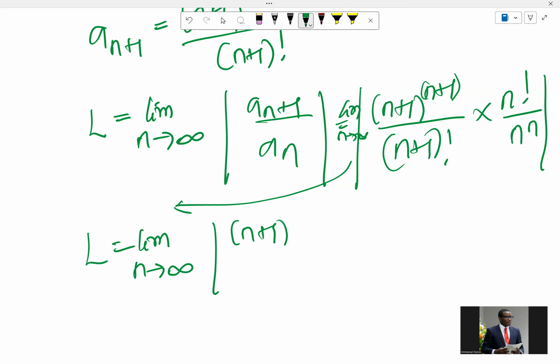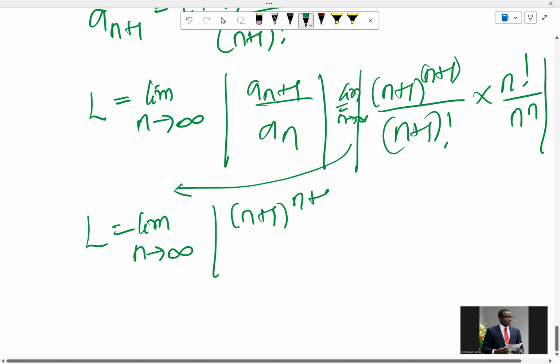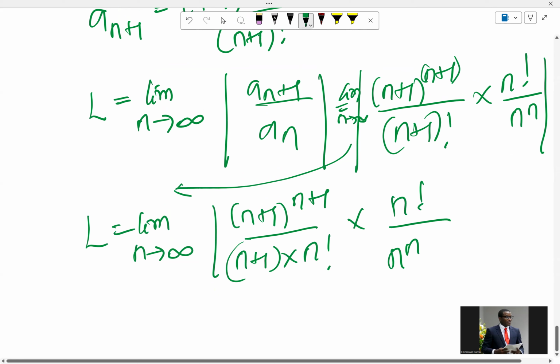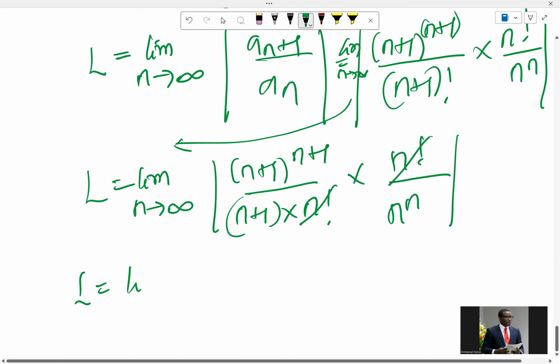N plus 1. Okay, well, the way the whole of that part is looking, right? It's actually, okay, I'm trying to see a very nice way of taking care of that. Okay, so let me just go gradually. N plus 1 raised by n plus 1 all over n plus 1 times n factorial. This is because we have an n factorial up here, and this is n raised by n. So this cancels this already, and that means L is equal to limit as n approaches infinity for, this n